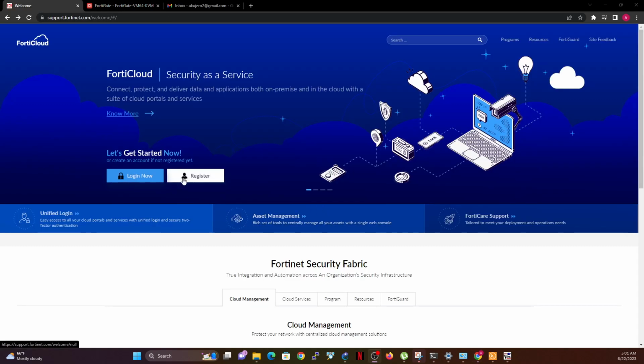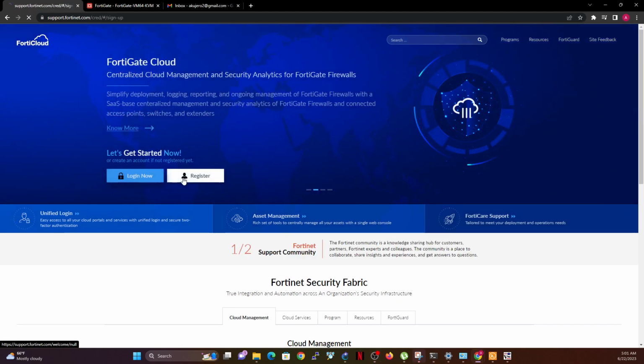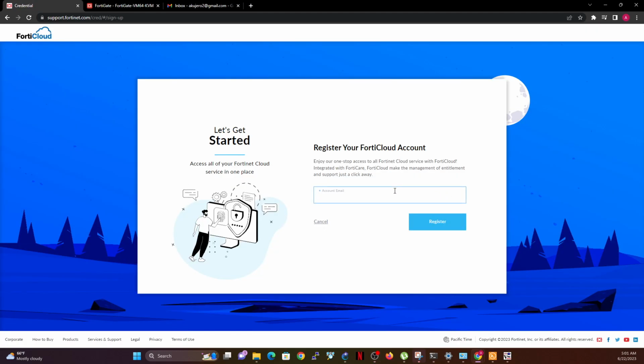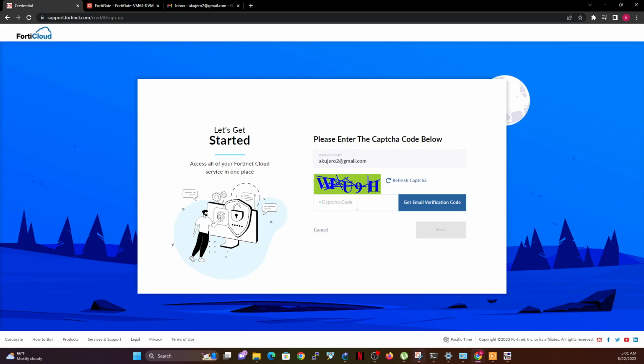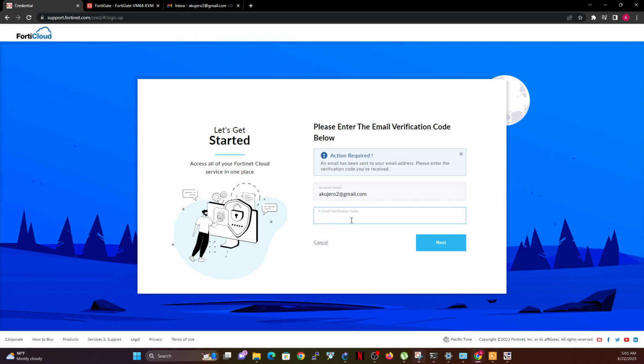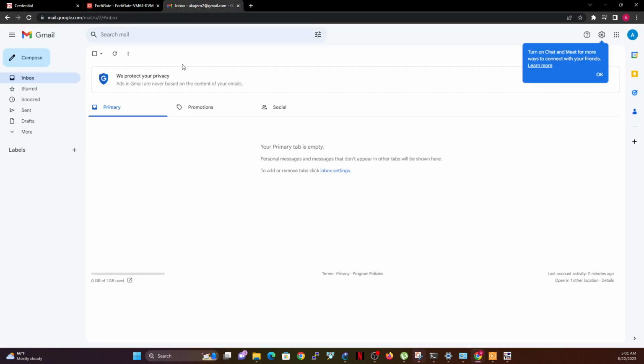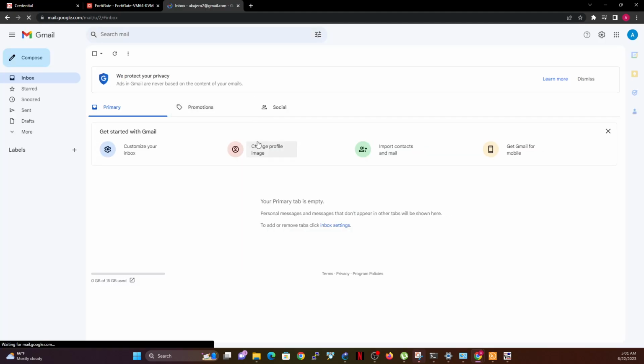So once you have your account created, what you can just do is click on register here, put your email address, and then click register. Verify the account. I can't see that clearly. Okay. Then get the verification code. It will send you a verification email. So you go to your email and wait for the verification code. Once it comes in, you put the verification code that you received, and then you put that here.